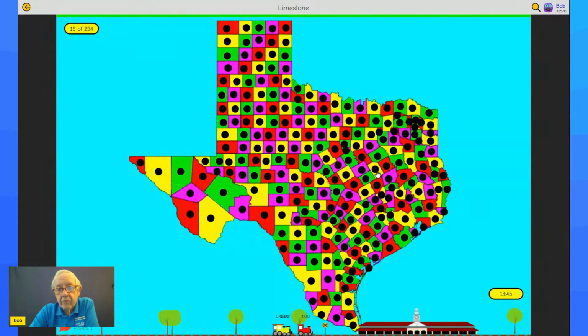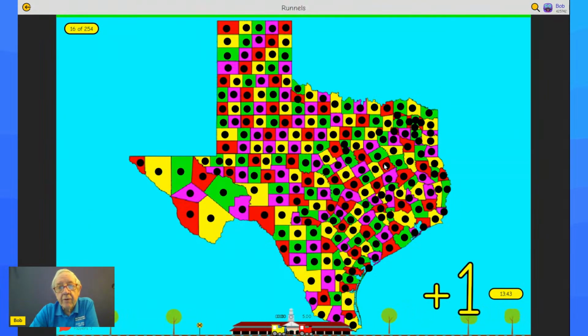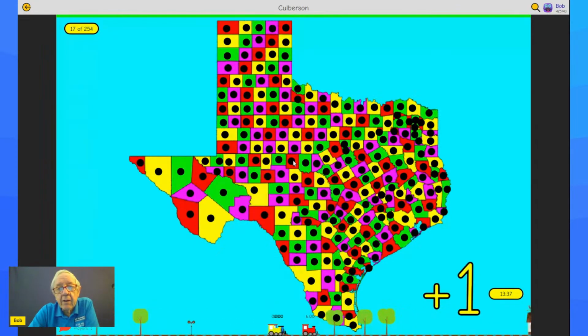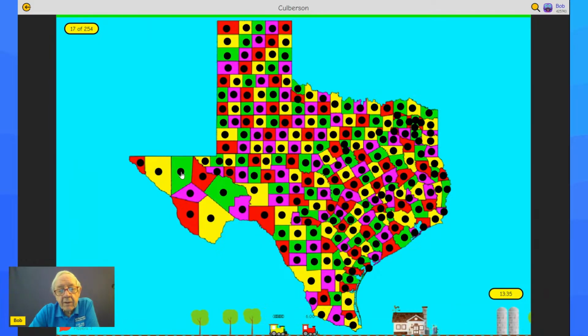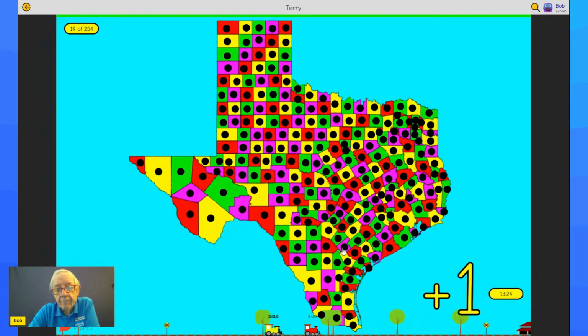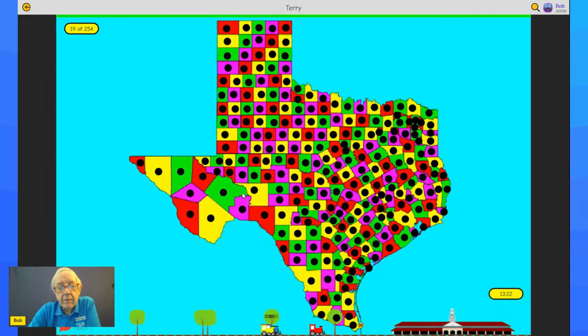Limestone. This is the yellow one, Limestone. This is Freestone. Runnels between Coke and Coleman. In between those is Runnels. Culberson. I think it's far over here in this area. Kerrs is kind of shaped like the letter K. You can kind of see the shape of that purple one. That is Kerr. Terry,